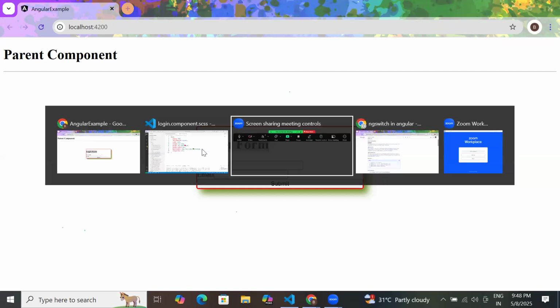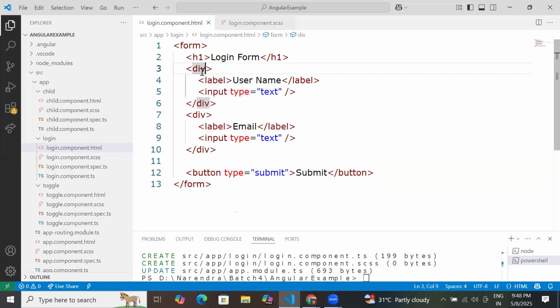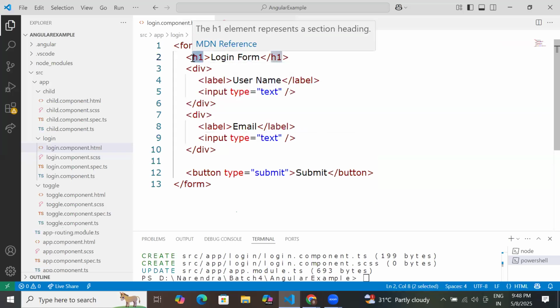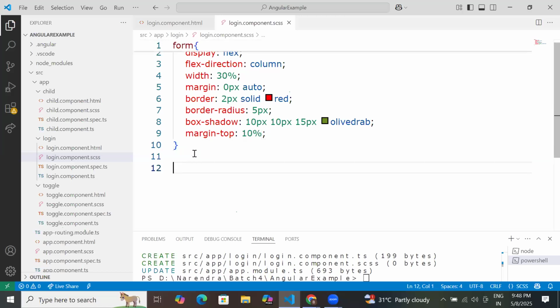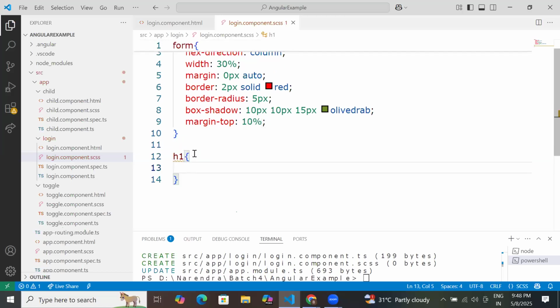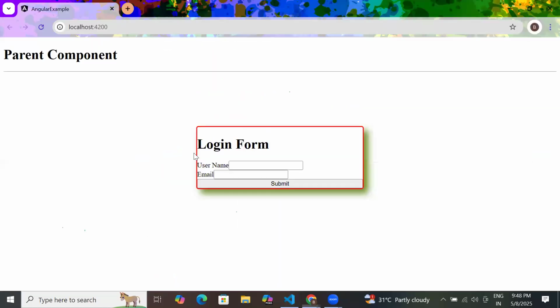So what do you need to do? Which tag you need to take? You take H1, right? Yes. Copy the H1. Go here. Say text align center. Got it? Yes. And then